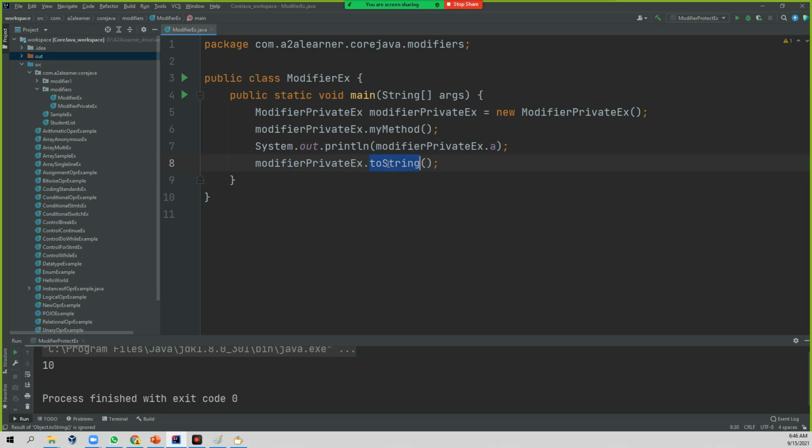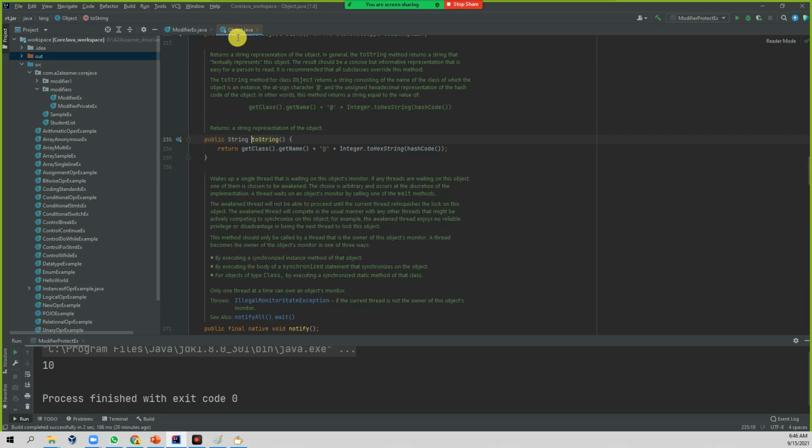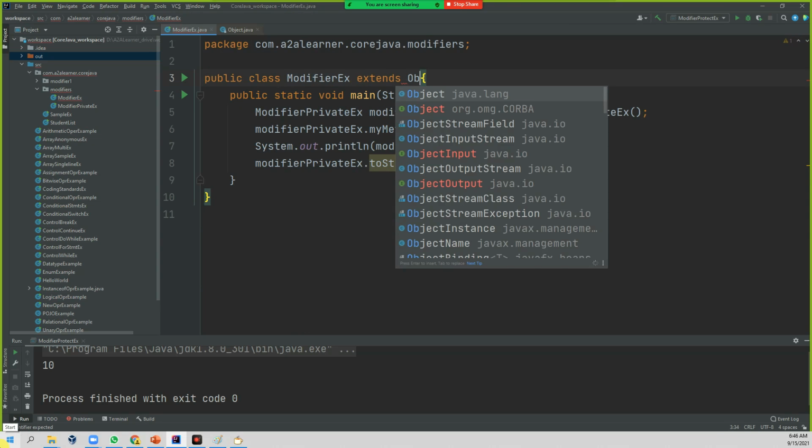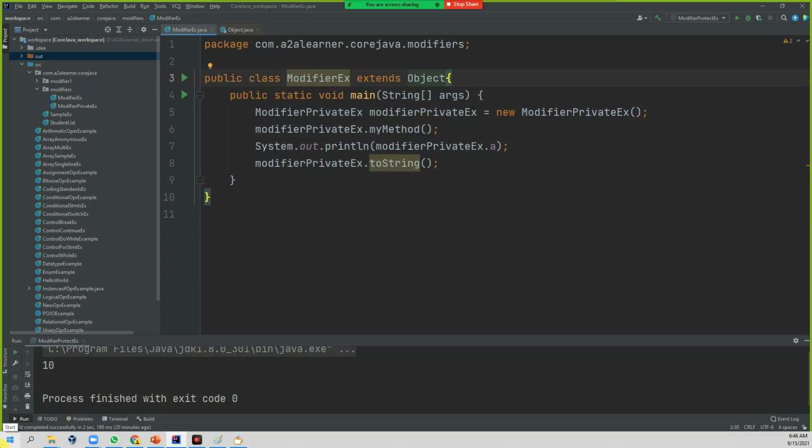Where did this method come from? It came from the Object class. How did it come? Internally, modifier is like this: extends Object. So Object is the parent to everyone.